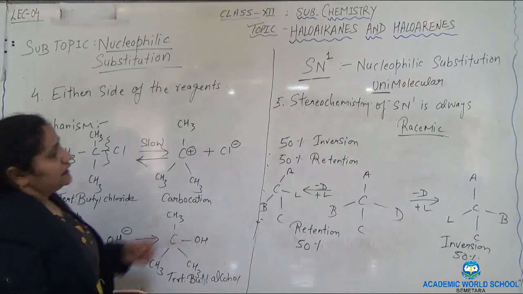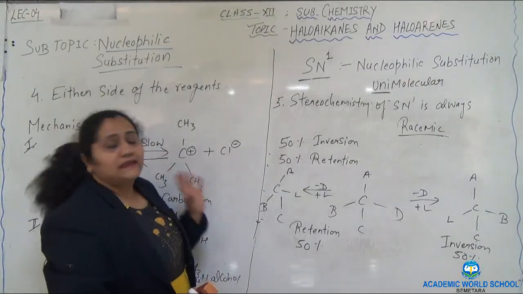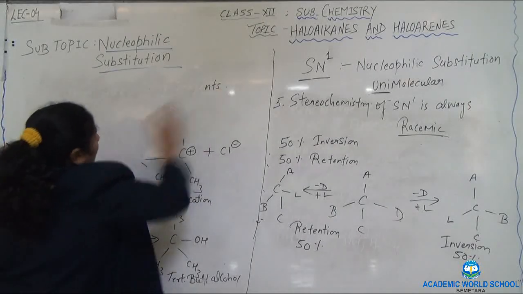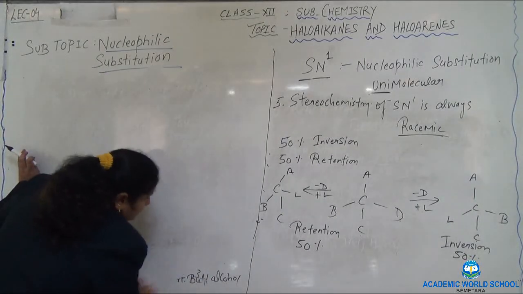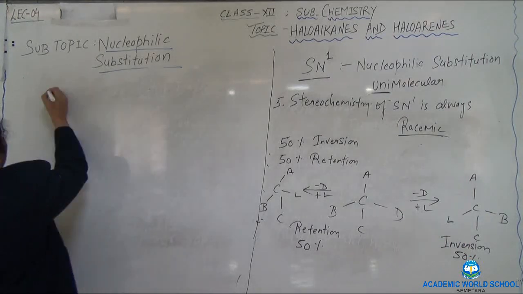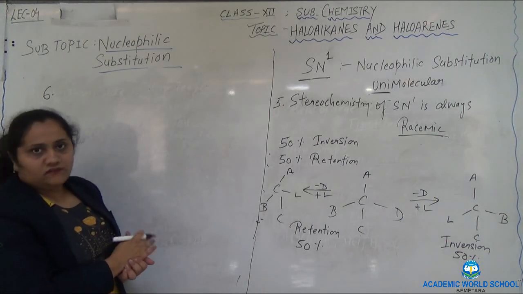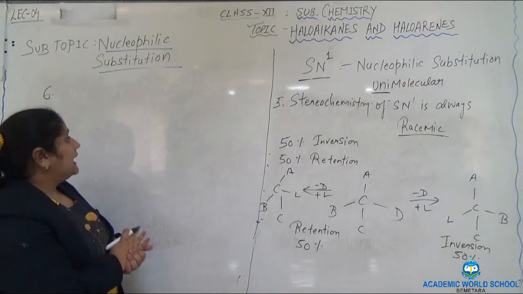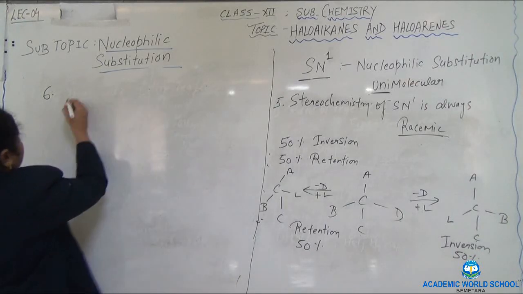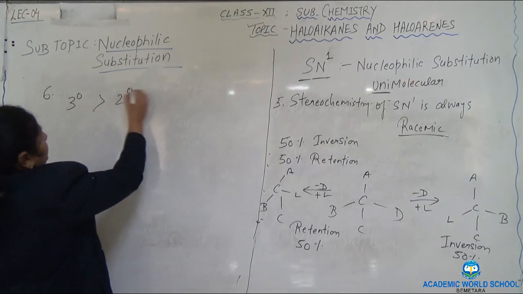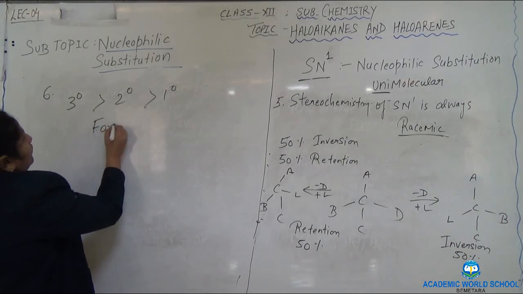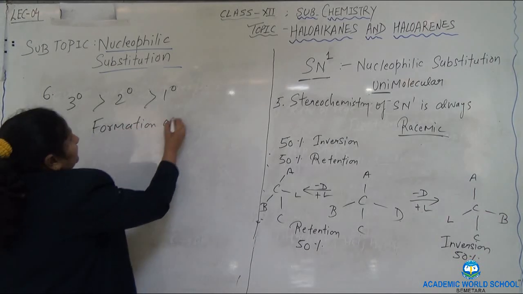Now, the sixth property is about the reactivity. This is about the mechanism part. This is the opposite of that of SN2 reaction. In that case, we discussed that primary is more reactive. Here, tertiary will be more reactive, then secondary, then primary. And the reason is very clear, as there is a formation of carbocation,